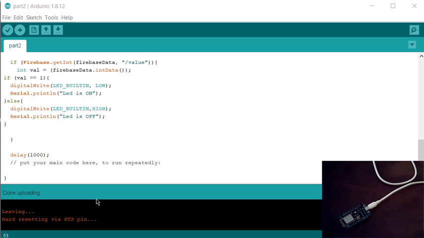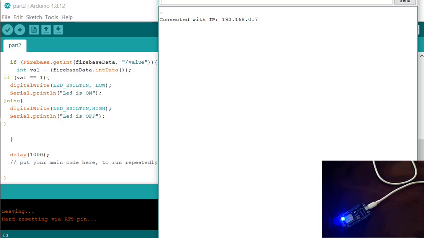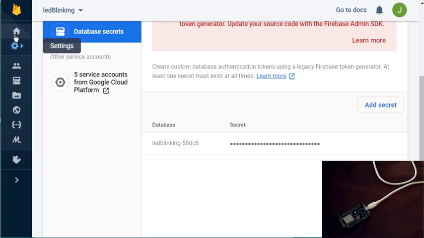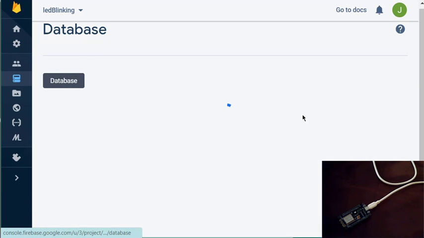When uploading has been done, go to the serial monitor and wait for the connection. Okay, so now this is connected. You can see the LED is turned off because in my database I have set it to 0.